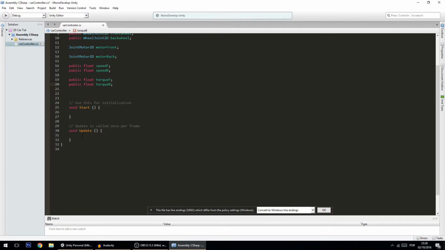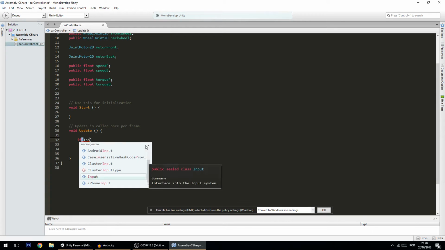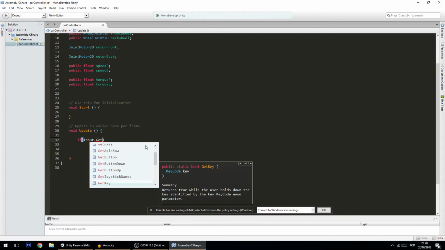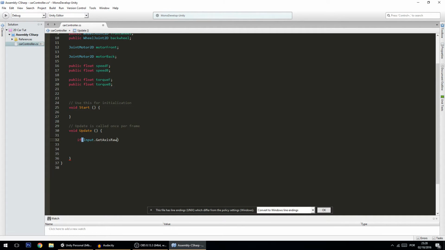Now we're going to set the code here to control the car, and I'm going to do it in the Update, though you could also do it, and probably it's better to make it a FixedUpdate, but anyways we're going to do it here. If Input.GetAxisRaw("Vertical") is greater than 0, and